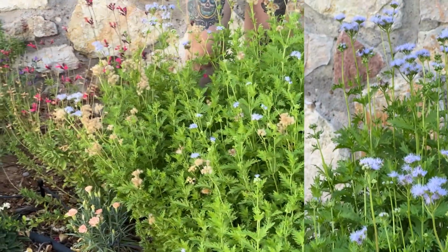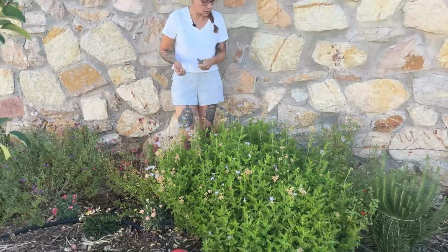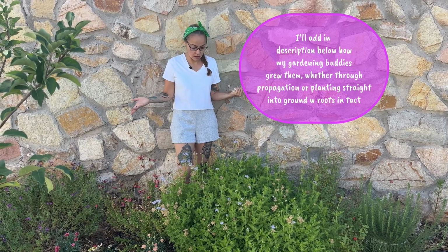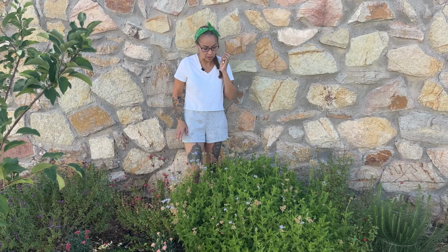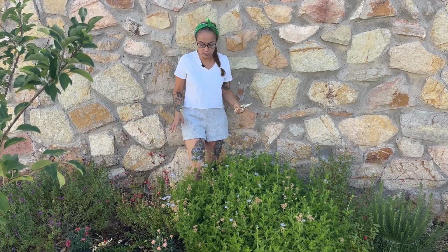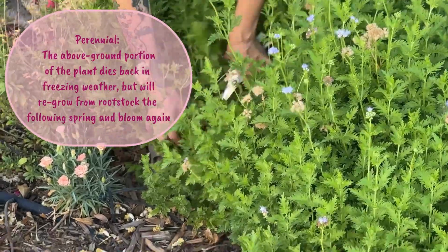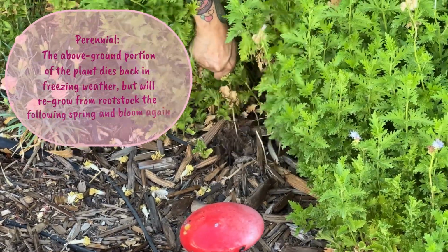And I'm gonna put them in water because I know one of my friends from Facebook wanted some. So I'm gonna pull them from the roots and put them in water and see if they're okay that way. And hopefully he can use them in his garden. But yeah, this is a pretty quick spreader. It's a perennial, so it comes back. I've had it for about 3 years now, and it keeps coming back